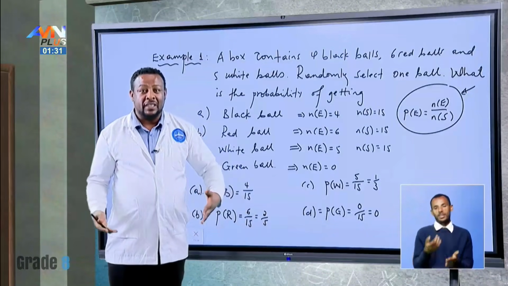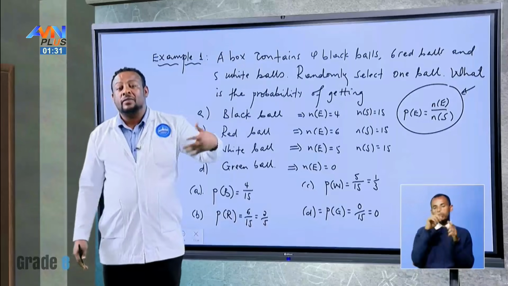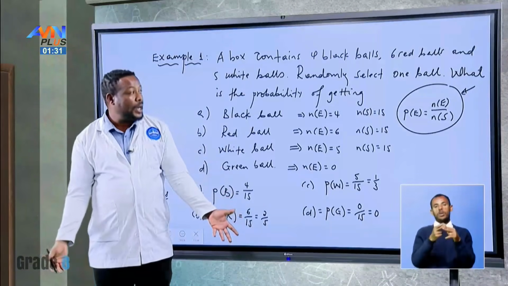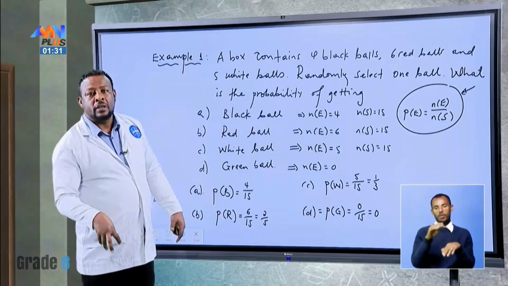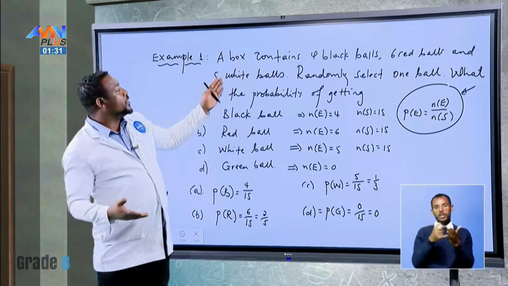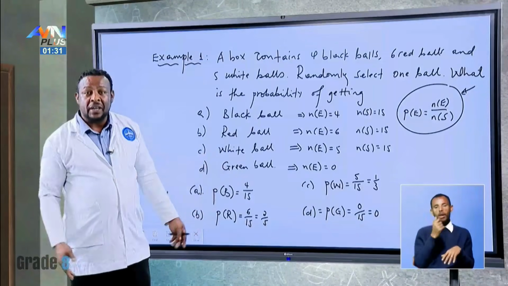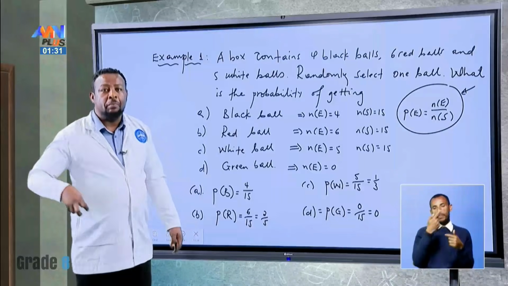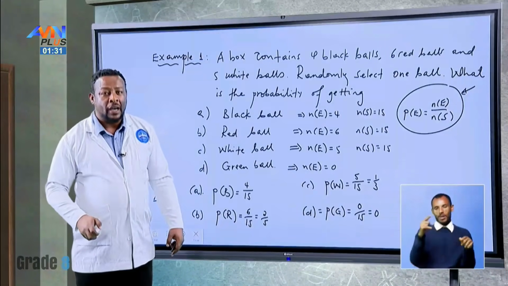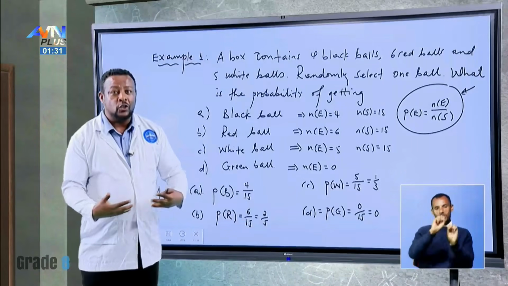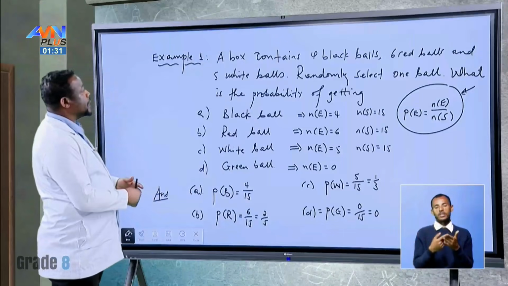Okay, in the properties that we have seen earlier, an event whose probability value is 0 is called an impossible event. Actually, we cannot pick any green ball from this box because the box contains only these 3 colored balls, black, red, white, so we don't have green. So there is no way to pick green ball. So our probability of picking green ball will be 0, okay? So it does not contradict the property of probability. So this is the first example on